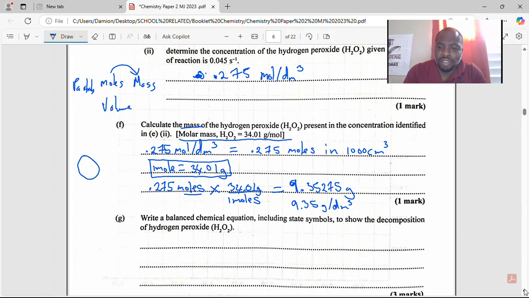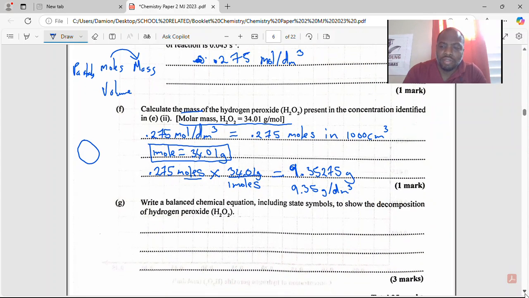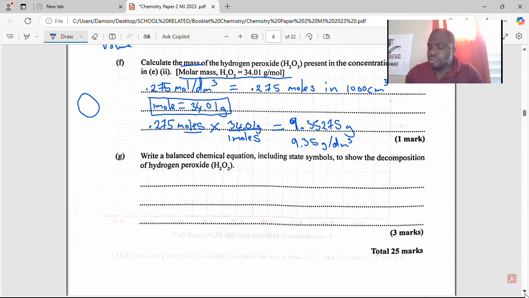The interesting part. 3 marks. Write a balanced chemical equation including state symbols to show the decomposition of hydrogen peroxide. So we know hydrogen peroxide is breaking down into what? Oxygen is one of them. Diatomic. So say